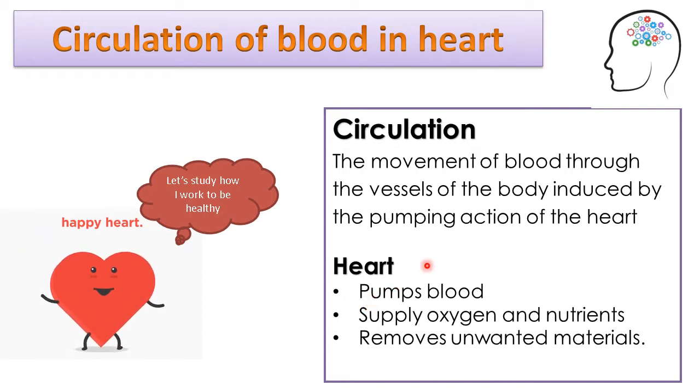Hence, the main function will be the circulation of blood, supplying the basic requirements like oxygen and nutrients to all parts of the body. It gathers carbon dioxide from our cell tissues and sends it to the lungs where carbon dioxide is removed from the body. These oxygen and nutrients enter our body organs through the heart with the help of blood.